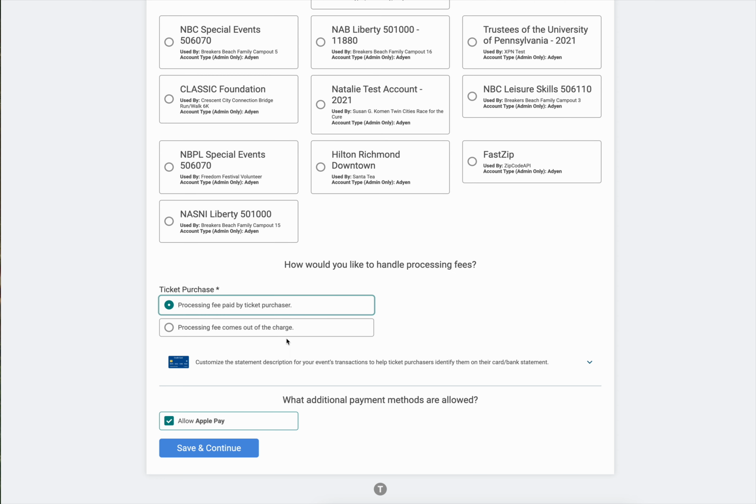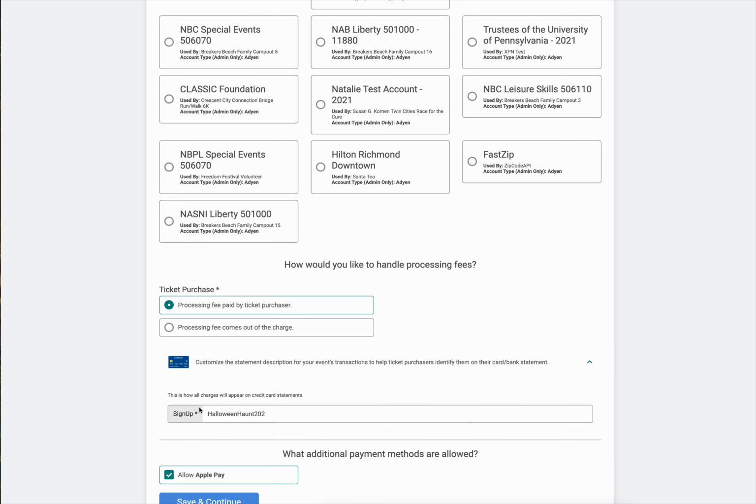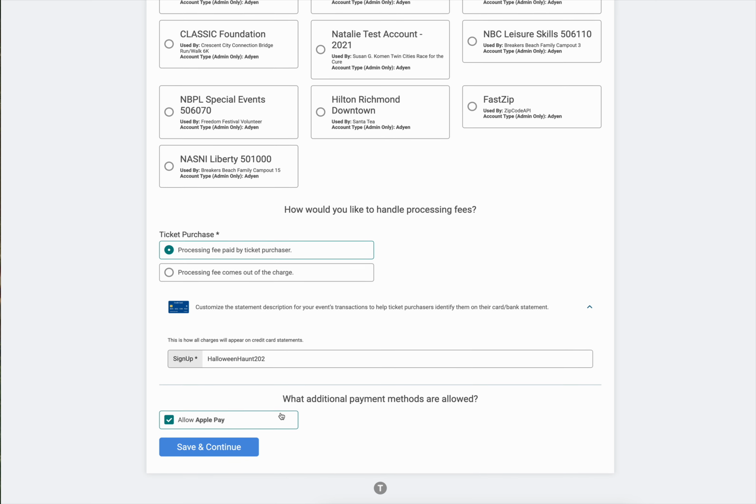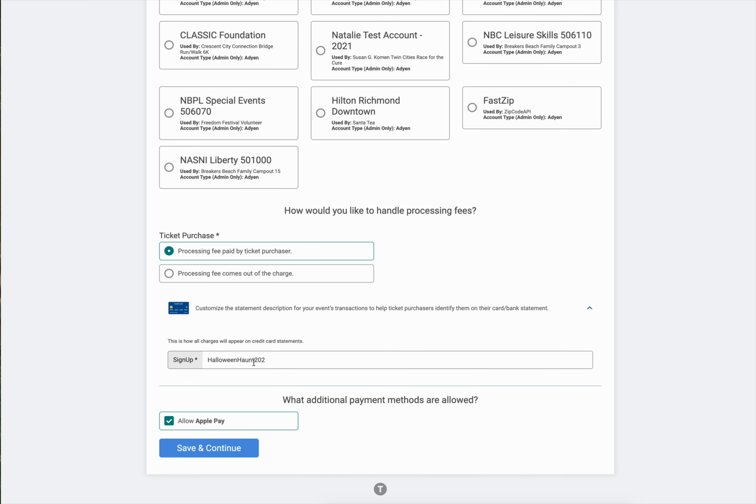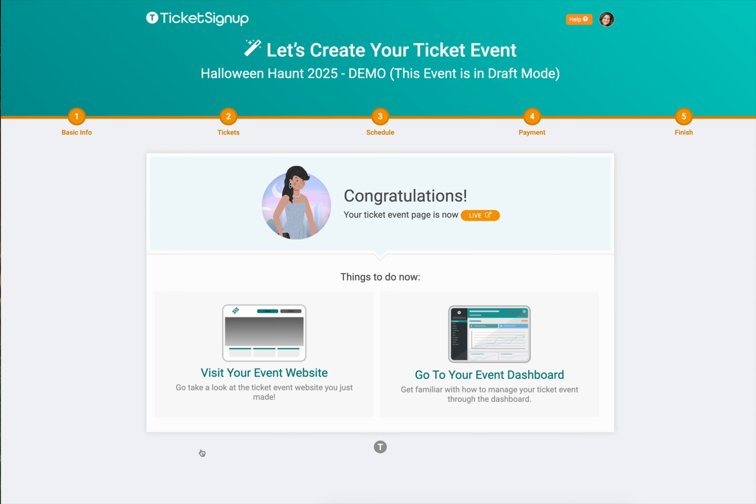We're going to have the processing fee passed on to the ticket purchaser. That means it's completely free for my event to use TicketSignup. I can come in here and customize what the credit card statement is going to look like. This is what's going to appear on attendees' credit card statements, and then I'm going to allow Apple Pay for easy mobile payments. And save and